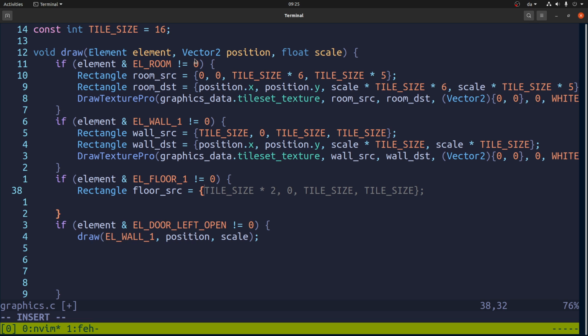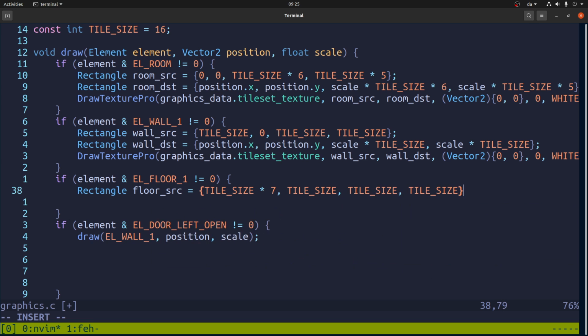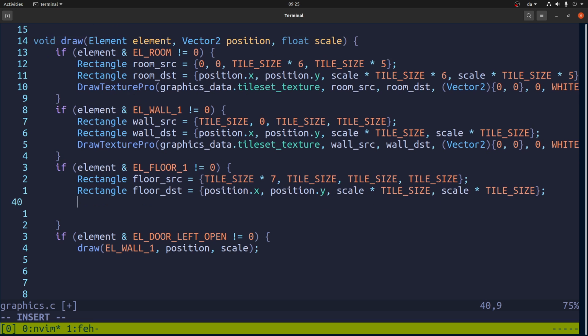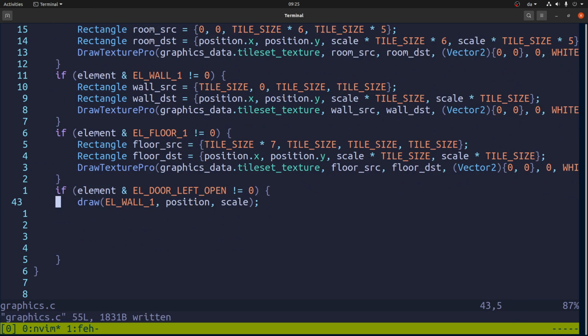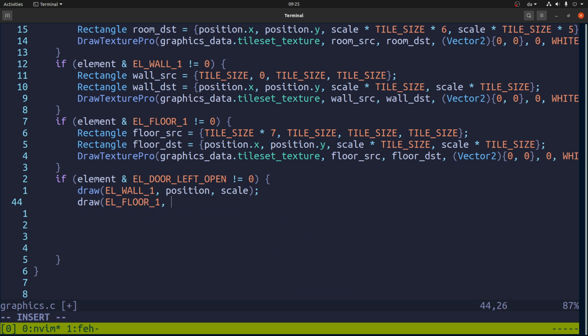So let's say tile size times 7, tile size. And the destination is, as always, that. Okay, so now let's draw a floor at